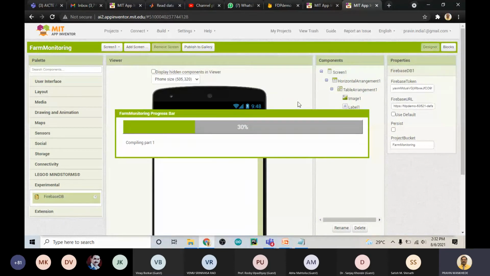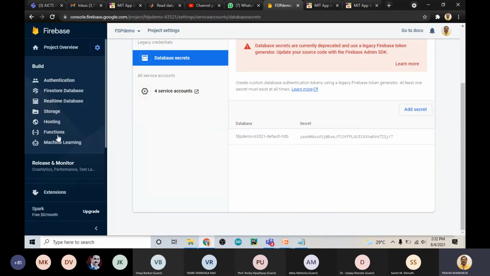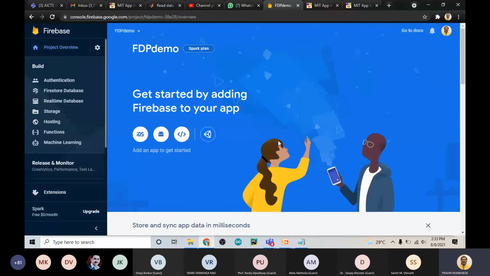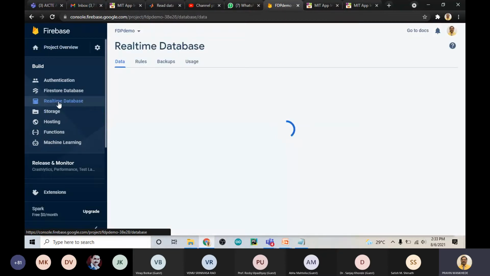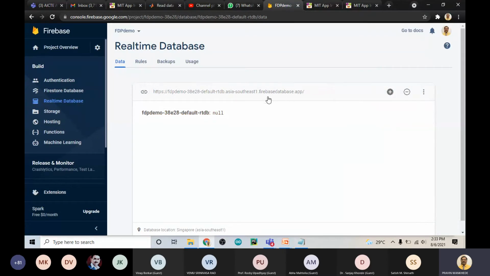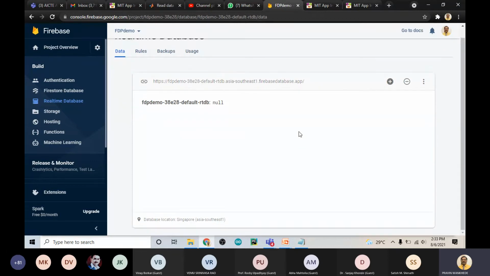Those who are facing the same type of issue, I request you to go to your Firebase database and select the server which is from the US, not from Singapore. Whatever databases or projects you have, select your project, and in that also we can change the link. Here you can also change the firebaseio.com address. Here it is showing the database location, which we actually don't want.